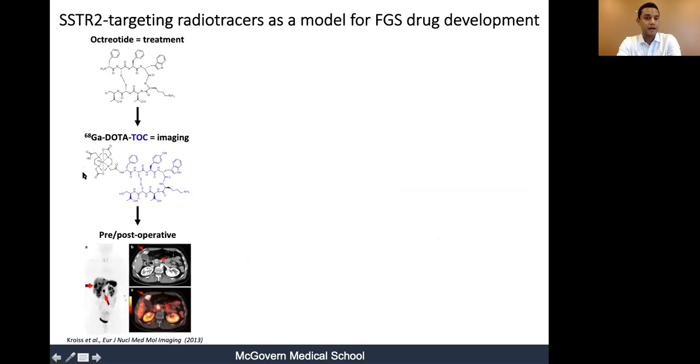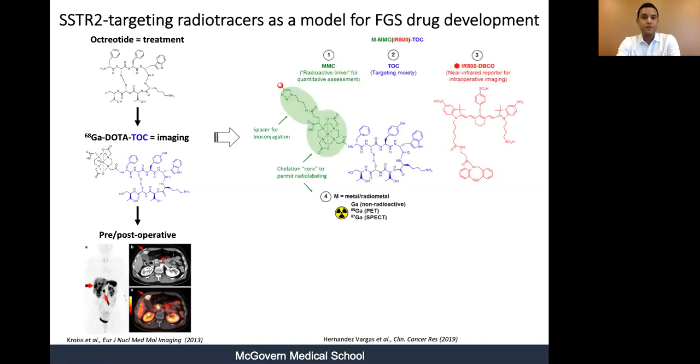And here, exemplifying the positron emission tomography radiotracer gallium DOTATOC, which represented a paradigm shift for diagnosing, staging, doing surgical planning, as well as post-operative follow-up. Unfortunately, gallium DOTATOC cannot provide real-time visual information during resection of these tumors,